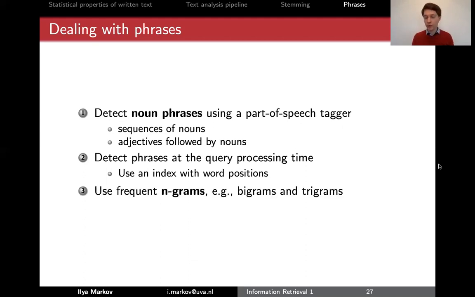And the quickest but the dirtiest approach, that's always like that. This is the neatest and slowest probably. This is the quickest but noisiest. It's just n-grams. N-grams is just a sequence of words. So bigrams will be detect noun, noun phrases, phrases using a part, and so on and so forth. So trigrams will be detect noun phrases using a, and so on.